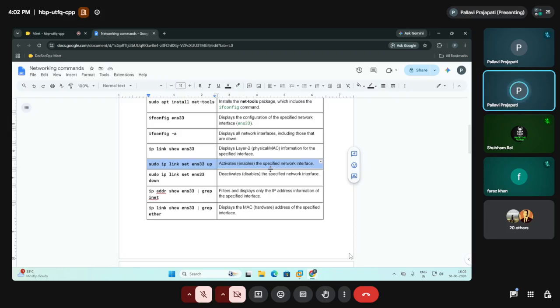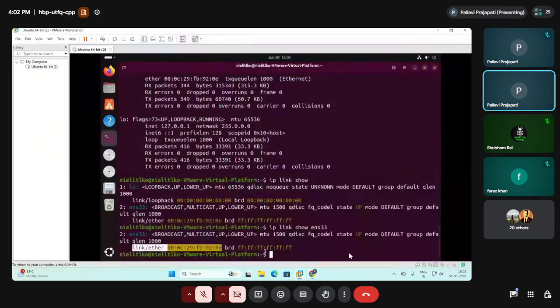If you want to enable or disable any specified interface, you can use the up command or the down command. ip link set, then write the name of the interface, let's say ens33. I think it is already in up mode, so let's make it down.